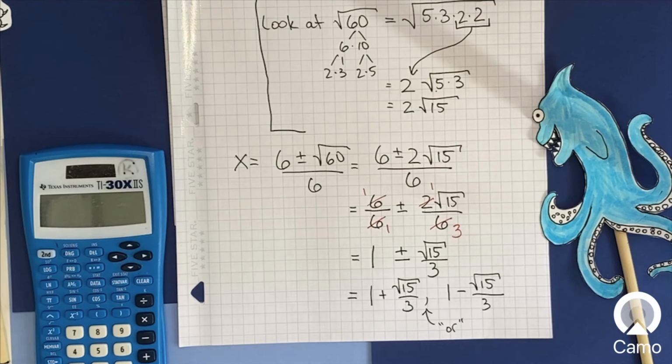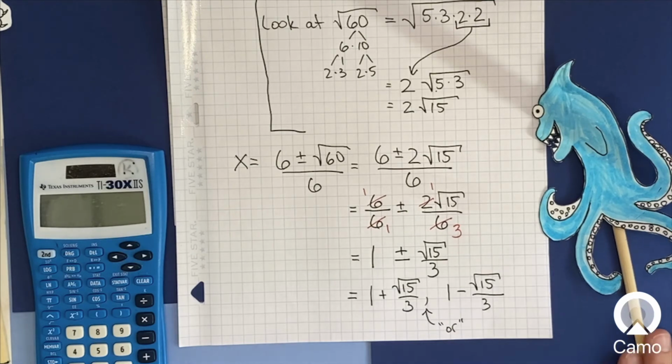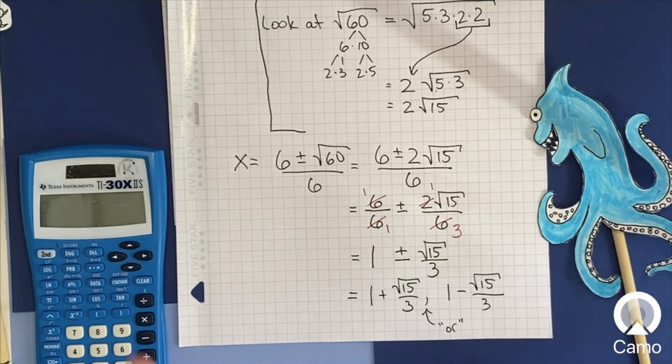Now, if we do that, then life suddenly gets really easy, because this 6 and this 6 finally get to cancel. Oh, thank goodness. The cancel tension there was so high. Okay, and then I got a plus or a minus. And then over here, I can't cancel completely, but I can cancel the 2 with the 6. And so I end up with